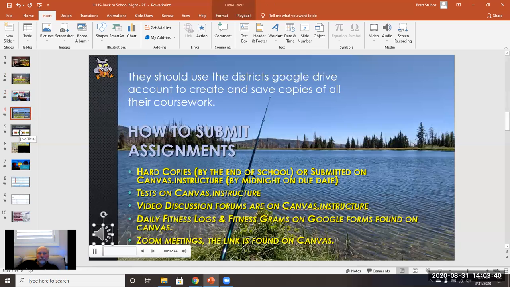Okay, how students submit the work, they do submit it on Canvas. If they wrote their work out on paper, they can take a picture of it and upload it. We've already talked a little bit about the tests. If we have any video discussions they are aware of, most students are doing really well on the daily fitness